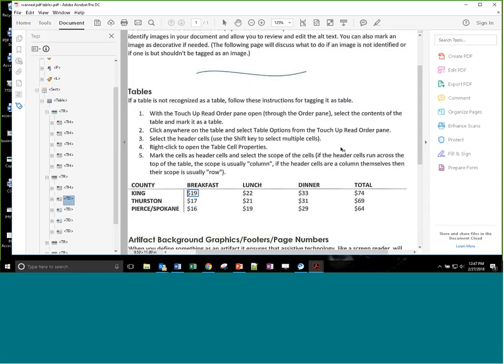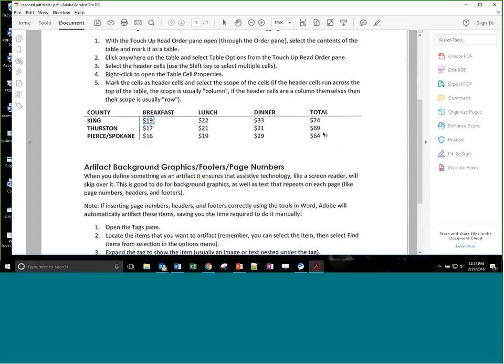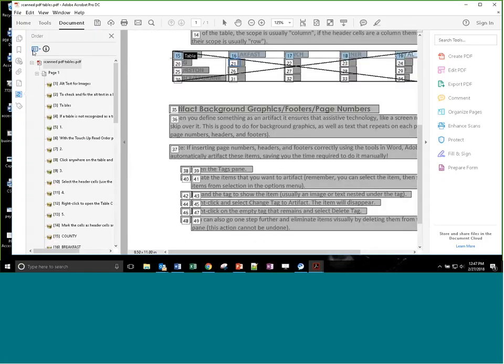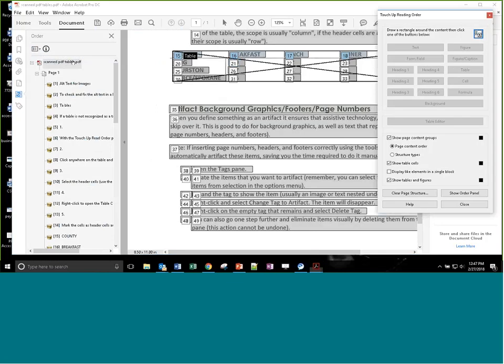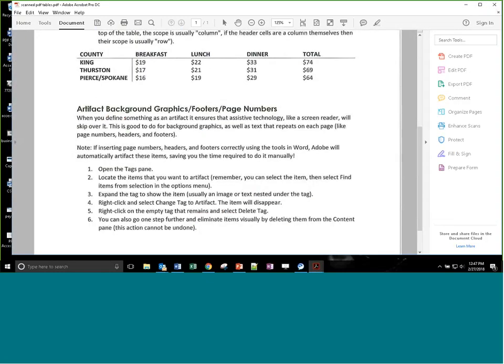All right, and I'm trying to see if there's anything that I've forgotten. We talked about setting graphics as background, again using that read order pane, where you can select items and then mark them as background. And that's good to do not just with decorative images, but also if you have footers or page numbers,